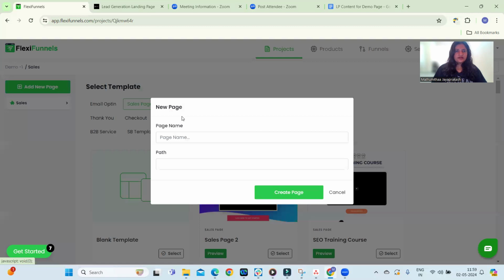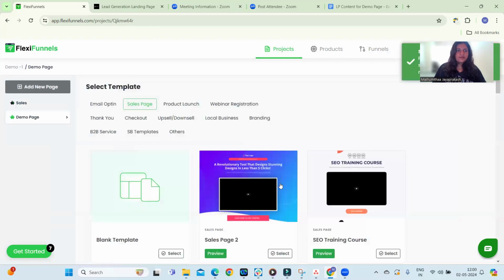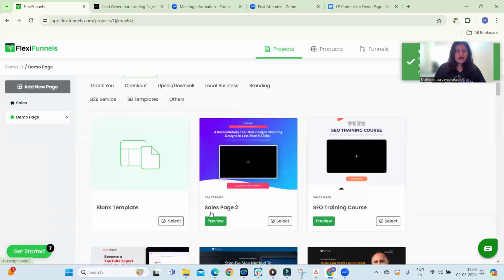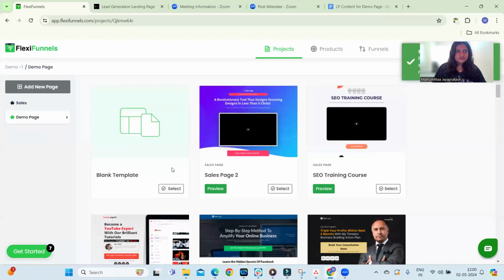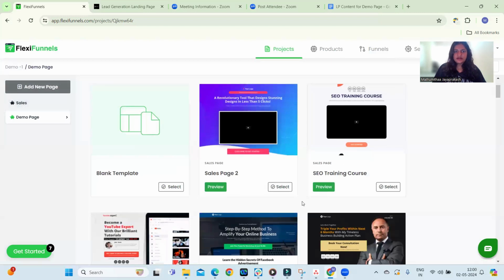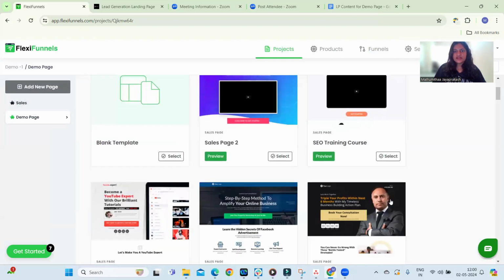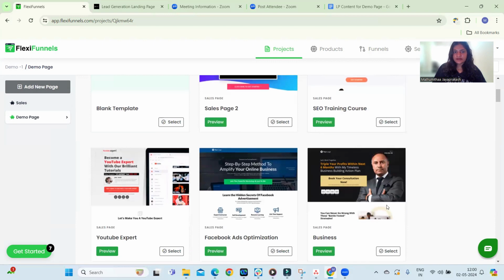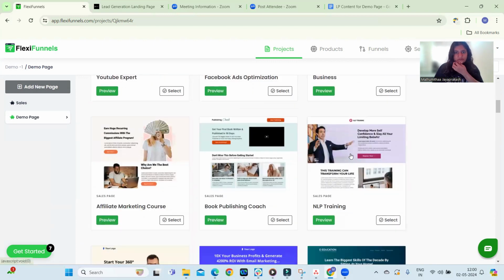And then let's say I will put demo page. This is just for an example. And paths to it, I'll put sales for now. So if you click on create page, the page will be created. And when a page is created, you will be given an option to select templates from an assortment of templates given